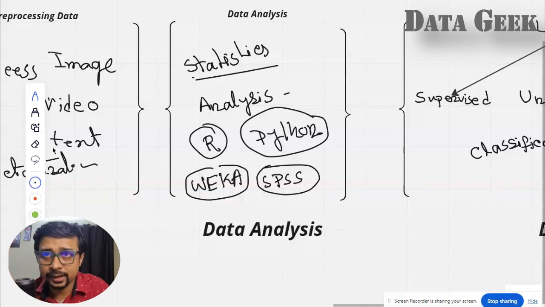So this part is data analyst. It can be done by R, by Python, by Weka, by SPSS. Okay, it also has a fancy name called exploratory data analysis. Why use Python? Using Python it is very easy to draw graphs and charts, which will give more meaning to the data. And you can do quite a lot of data analysis using Power BI also. So that's also a way of doing things. In my next courses, I'll be showing you how to use Python. We'll mostly concentrate on Python and do some data analysis. I'll show you how this works, but we'll not go in depth on that.